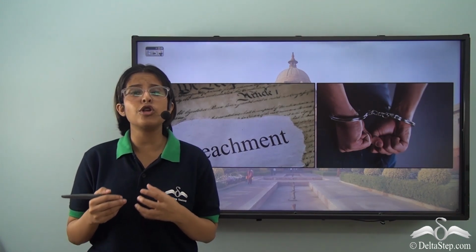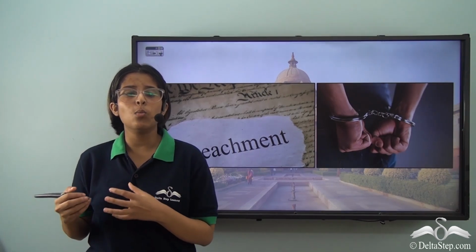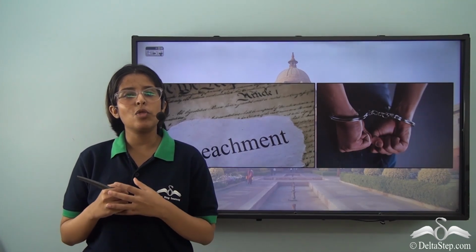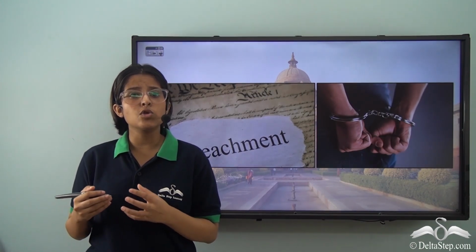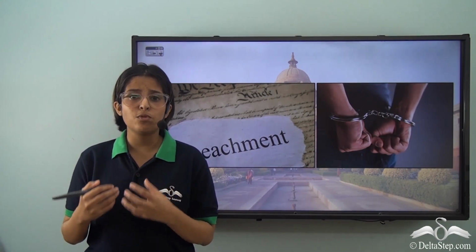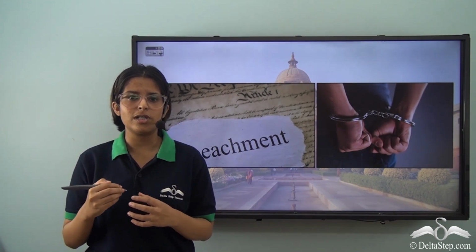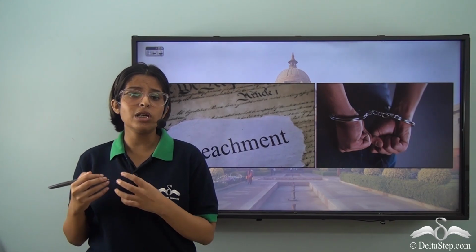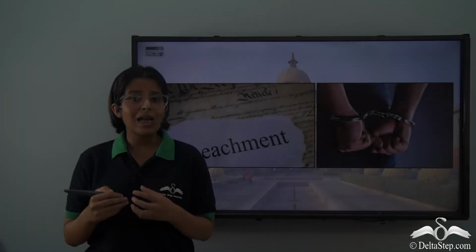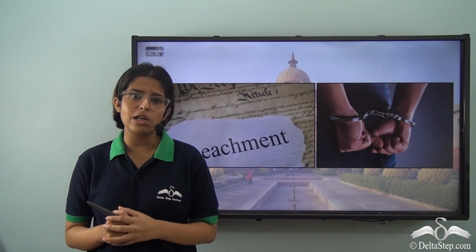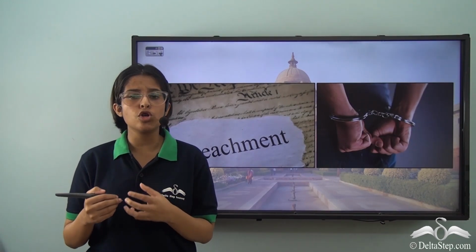A resolution for his impeachment can be initiated in either House of Parliament, and once passed by both houses, the President shall be impeached. This immunity is thus not rigid, and it has been provided because the position of the President is a high position and he is the representative of the country, which means that if the President is arrested for something, that would be a loss of face for the country itself. So these immunities are provided, but they are not rigid.